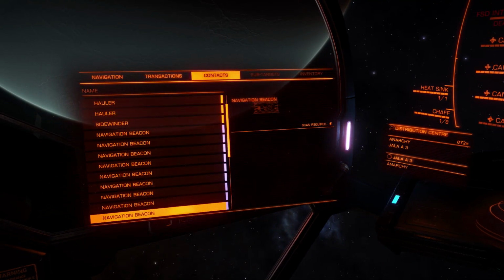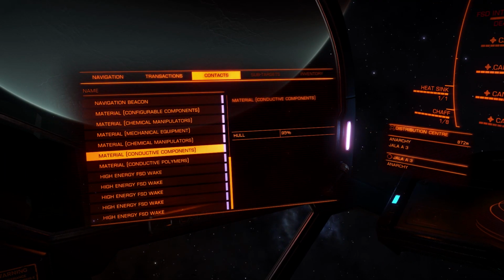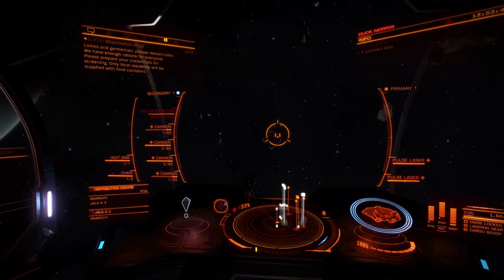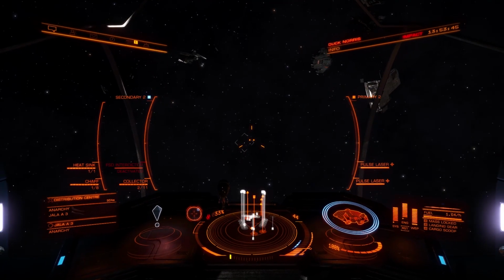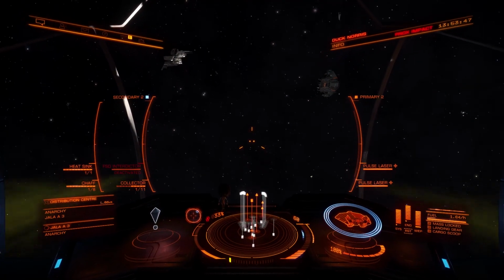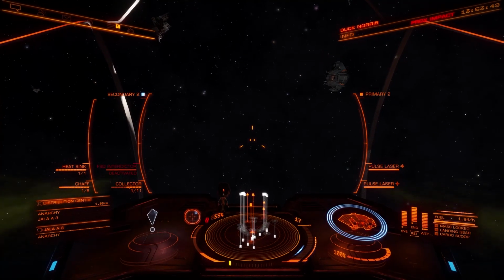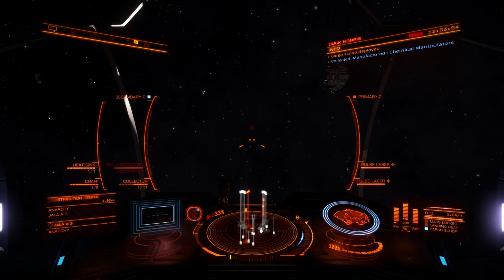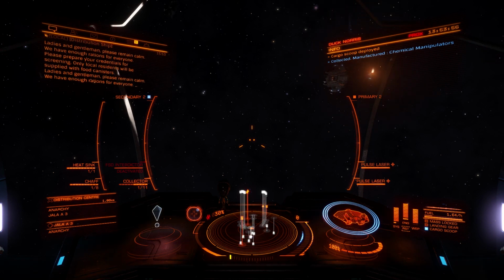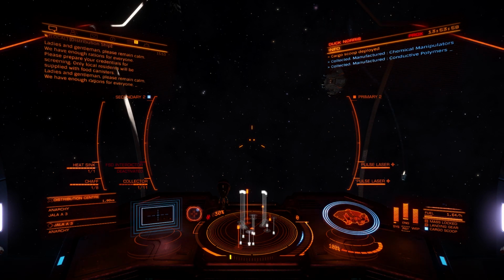We need contact still, so let's scroll down. We've got more chemical manipulators, configurable components, conductive polymers, lots of lovely, lovely loot. So, collectors, I'm going to go and pick up all of this. Well, considering there's not a lot, I'm only going to go and deploy one collector. And then, as soon as we've got all this lot up, we're going to go and blow up some other